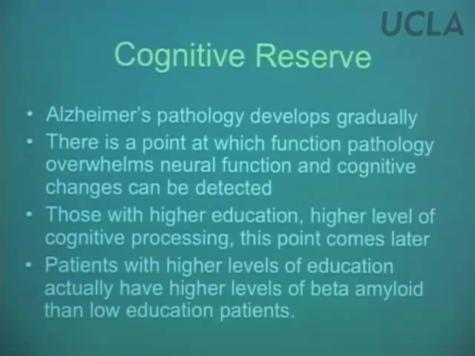So some evidence for that is if you look at patients with higher levels of education who have just had end-stage Alzheimer's disease, the patients who have the higher levels of education, so that you have a PhD and a person who has a high school education, they both died of Alzheimer's disease. That person who has the PhD has a lot more beta amyloid than the person who is a high school graduate. So it's kind of like that person with the PhD could hold off their functional decline longer. Okay? That's the idea of cognitive reserve.